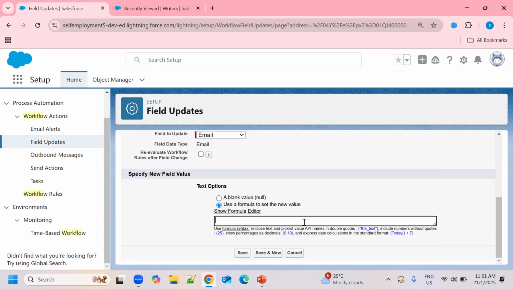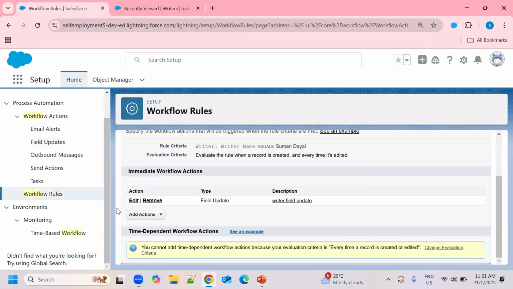As my writer name is equal to Suman Dayal, their email address must be SumanDayal123@gmail.com, so automatically the Gmail address will be added by this. I need to put this in double quotes. After doing this, just click on the Save button.